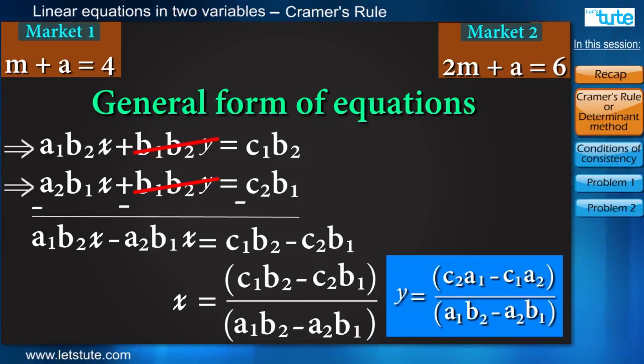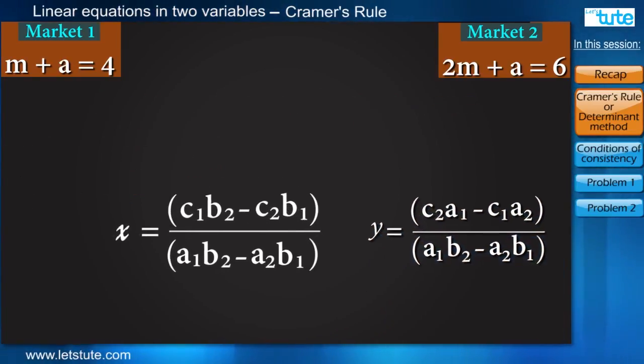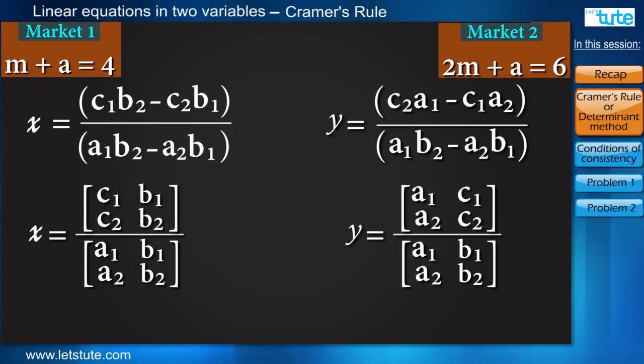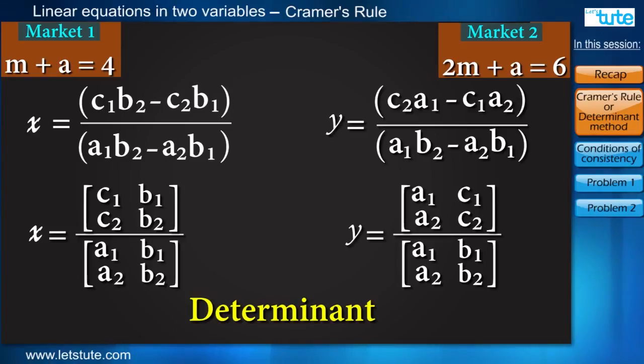So he noticed that by this method of solving, one only needs the coefficients and constants. But this expression looks a little complicated, right? There is another way to represent the same thing, and this form of representation is called determinant. Values will be the same, as the determinant is simplified by cross multiplying the first diagonal, then putting a negative sign and multiplying the elements of the other diagonal.